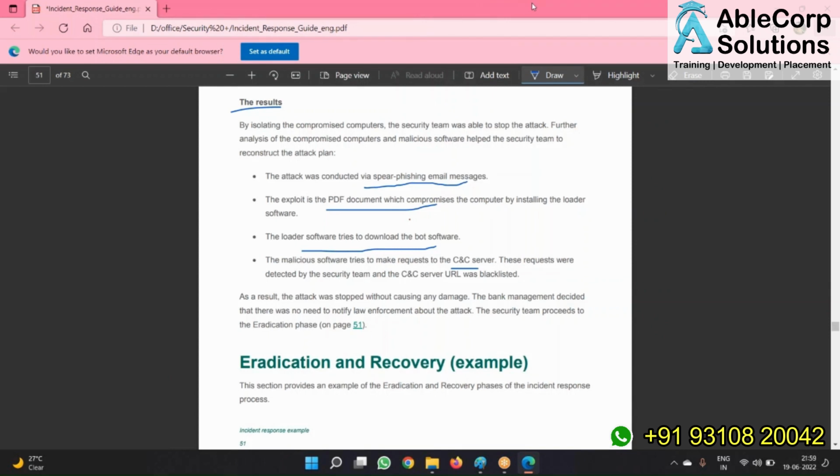Anyone, any kind of question related to this? I think right now you have a clear understanding of what incident response and the cyber kill chain are. Anyone who is having any questions with respect to this particular part? Cool. Now what I will do, I will show you your